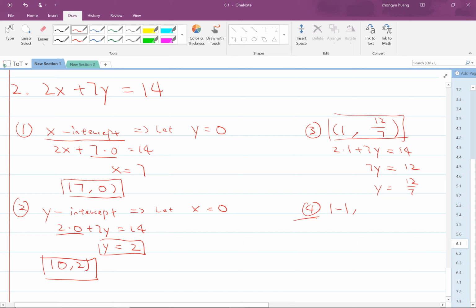If we plug in negative 1, then we have 2 multiplied by negative 1 plus 7y is equal to 14. 2 multiplied by negative 1 is negative 2. If we move it to the other side, it becomes 14 plus 2. So 7y becomes 16. Okay, 16, yeah. So y